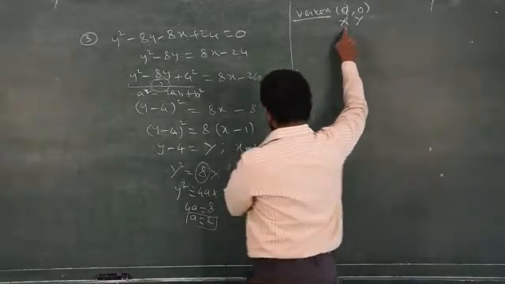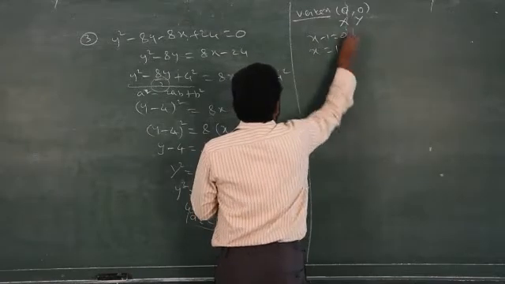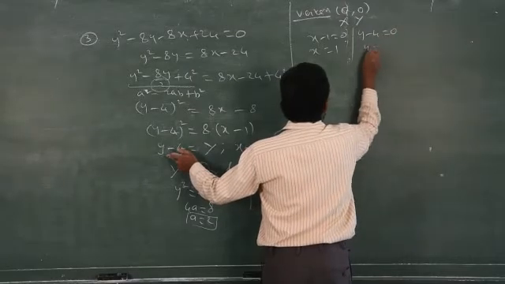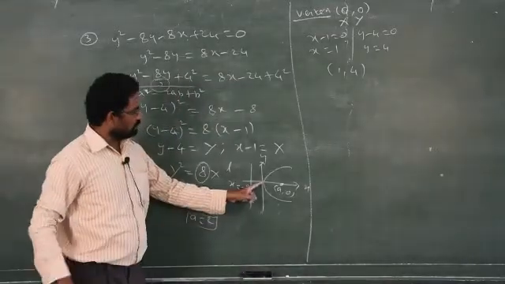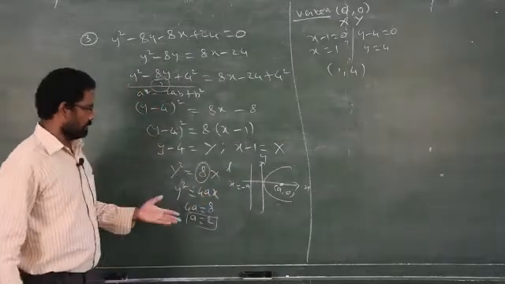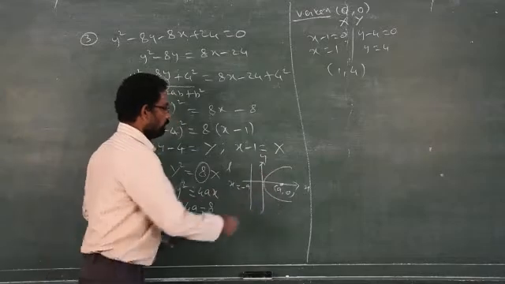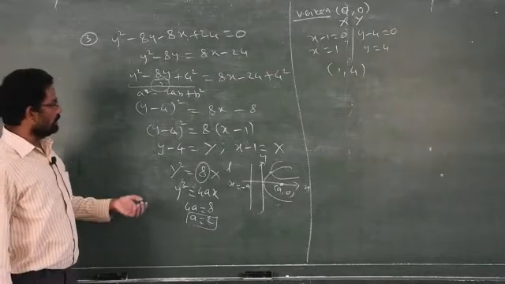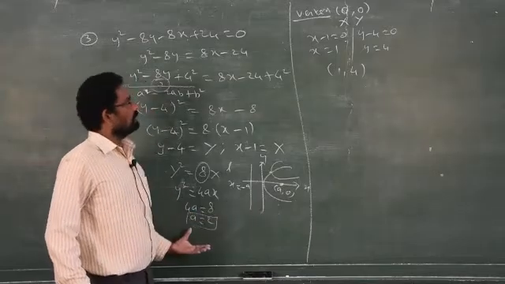So capital X, what we consider already, x minus 1 is equal to 0, therefore x is equal to 1. What is your capital Y? y minus 4 is equal to 0, therefore y is equal to 4. Now my vertex is 1, 4. Here the vertex is 0, 0, but what is there? 1, comma 4. So your vertex will get changed. The diagram will go up a little. It will come here, approximately 1, comma 4. So the diagram will come like this. Clear? So the original diagram related to the given question is not necessary. Draw the general format. From that we can find out what is small x and small y.